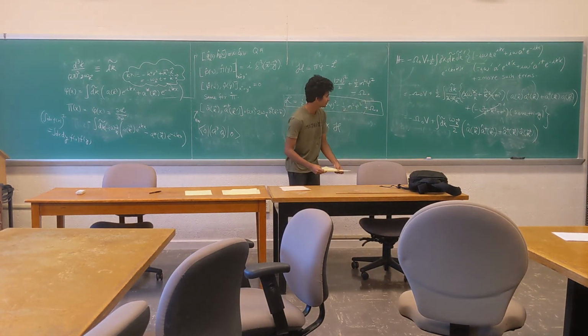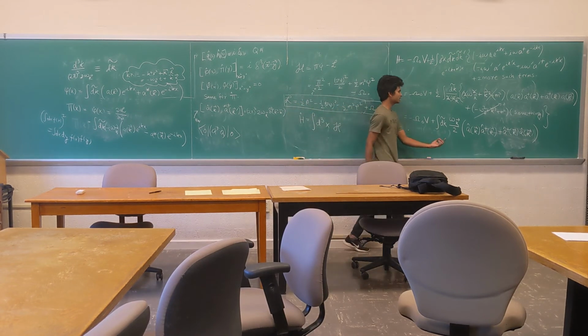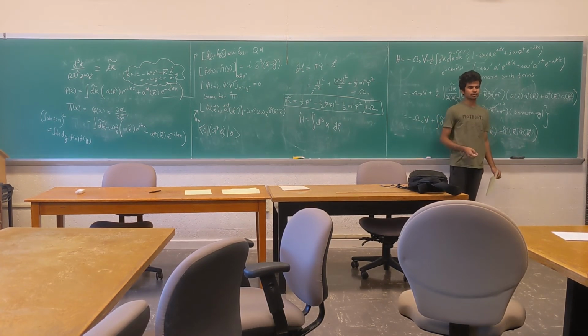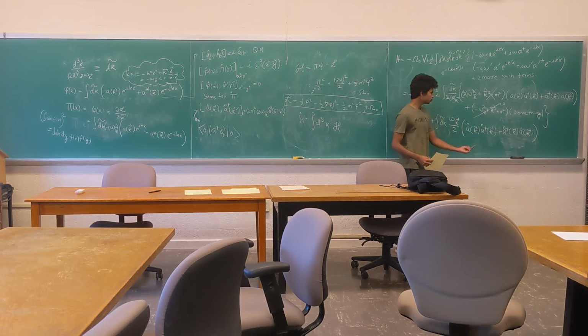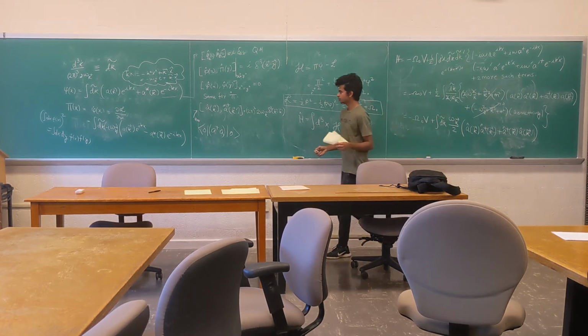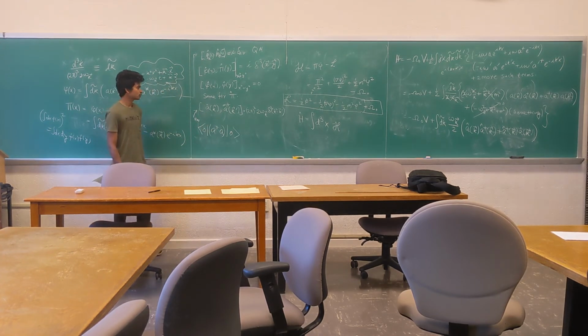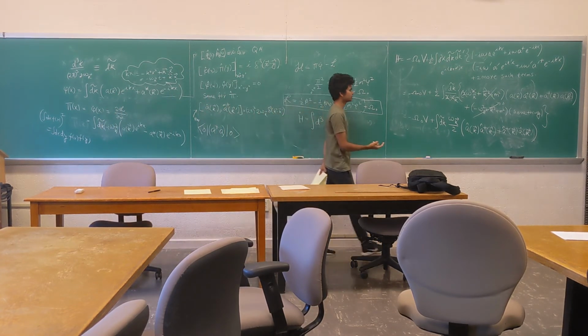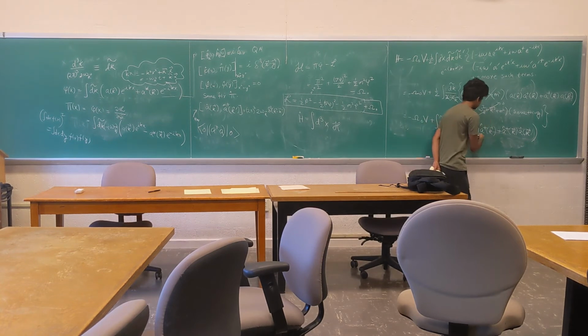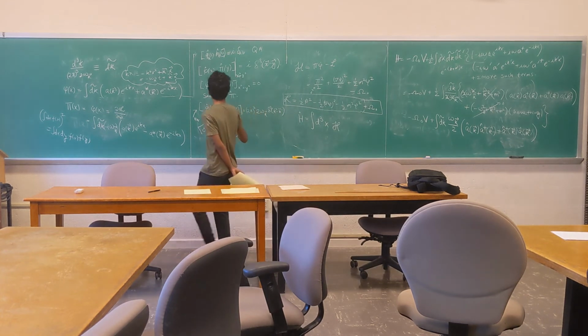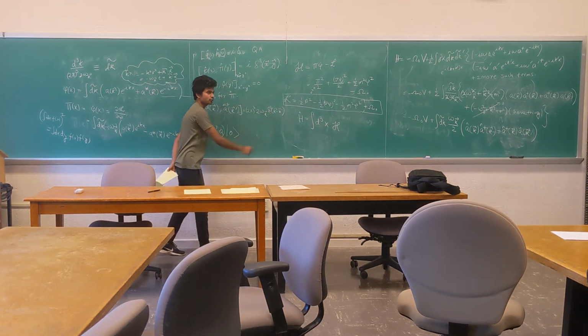So, what was I saying? Yeah, it's always a good idea to order A's and A daggers in such a way that A daggers come to the left and A's go to the right, which is incidentally called the normal order. So I want to do the same here. The way to do it is to use this graph. If you notice here, both A and A dagger have the same momentum label. If I use the same momentum label here, I get a delta 3 of 0.